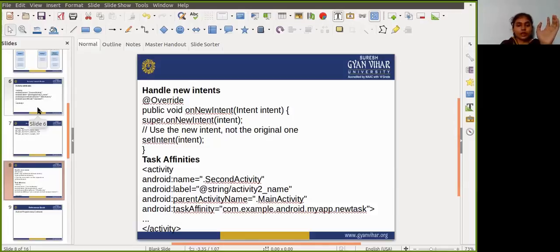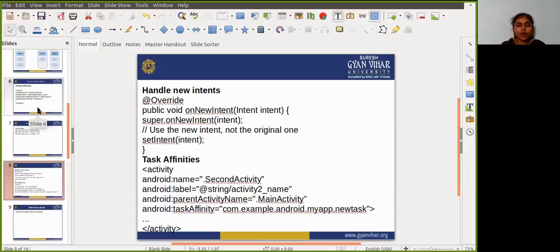So use activity launch mode to indicate how new activities should be treated when they are launched, that is, whether they should be added to the current task or launched into a new task.